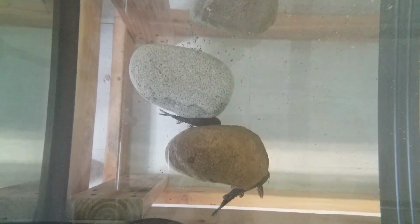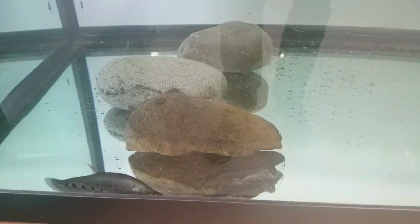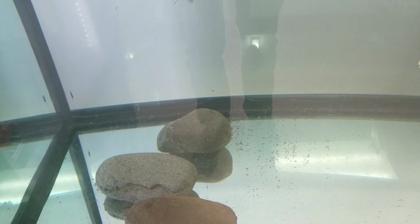What else do we have? We've got two Turashuki catfish down here, or ripsaw catfish. They tend to just hide out under these rocks and kind of chill. They definitely get to monster sizes. I'm sure somebody watching has had some big ones. And the only other thing we have, I'll have to lift up the sponge filter,